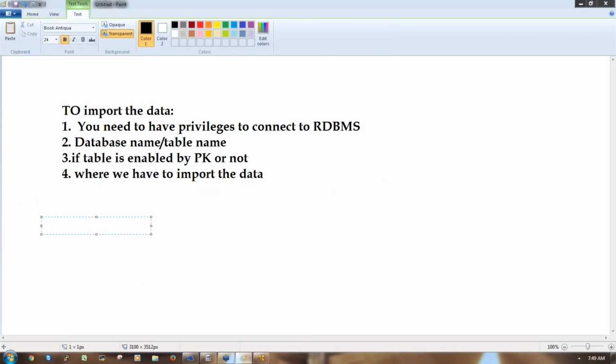Why do we need to know if the table is enabled by the primary key? It is very important, remember this. If the table is enabled by the primary key, then we can run multiple processes simultaneously.